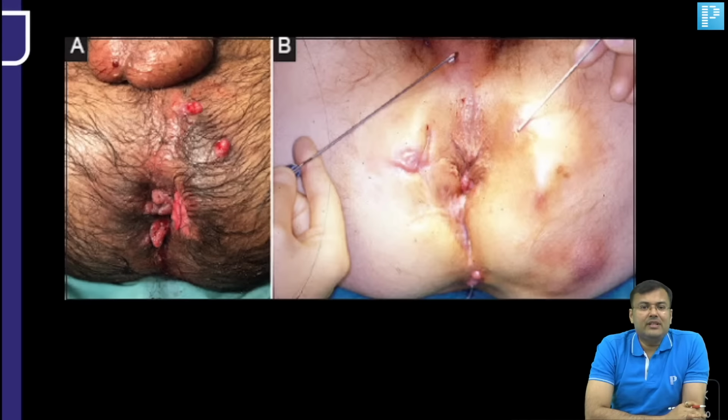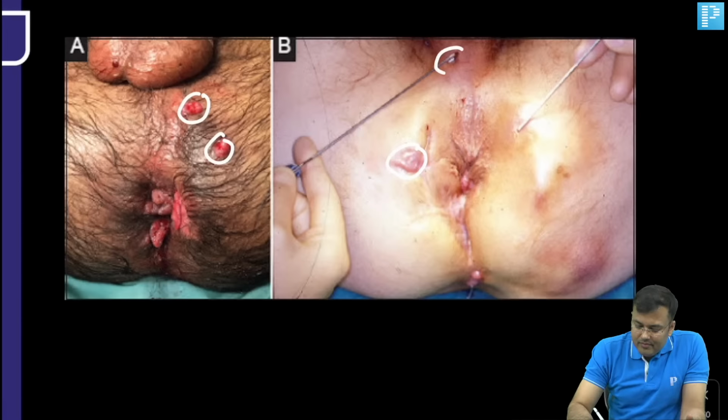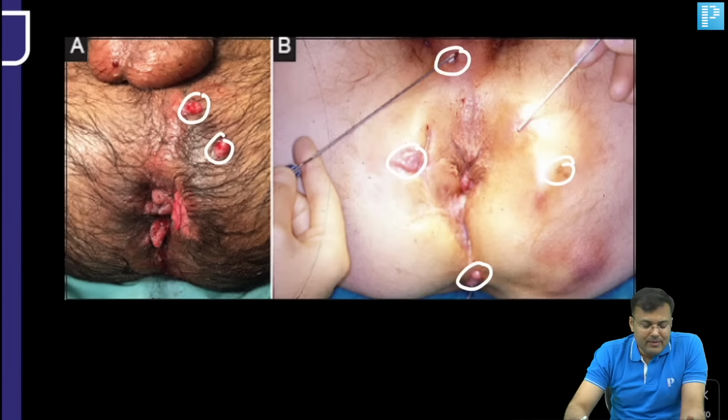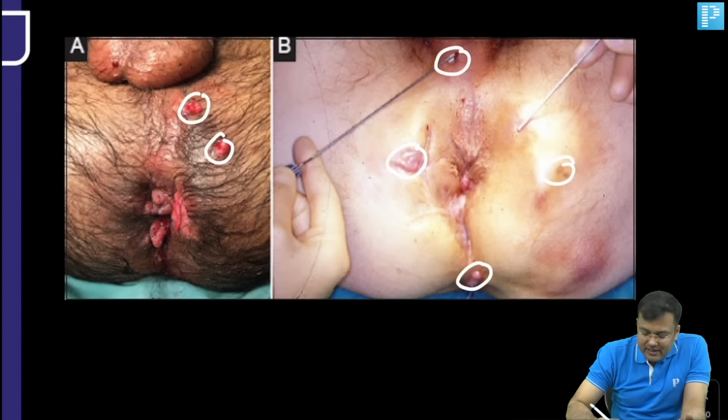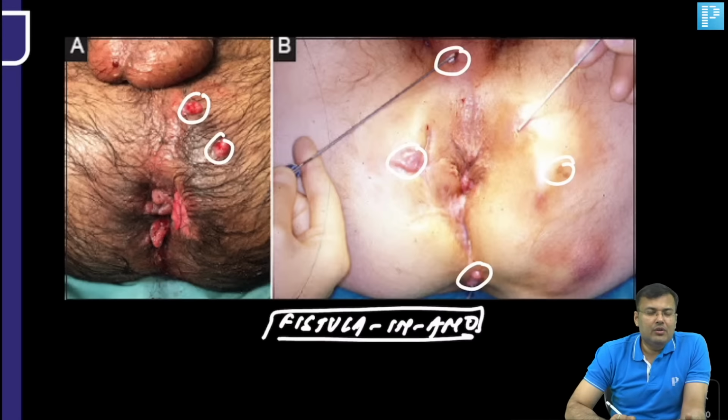Next question, see this one. This patient is having multiple, tell me what is this? The patient is having multiple fistula. Very good, Dr. Deepak Agrawal, patient is having multiple fistula in ano. Fistula in ano. And nowadays, one of the commonly used treatments in fistula in ano,